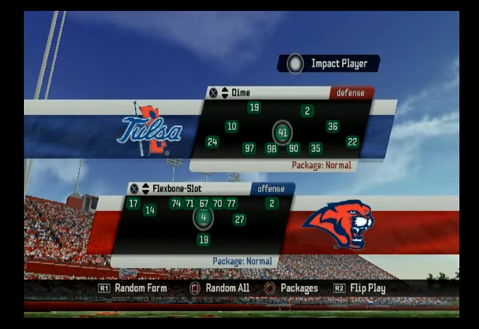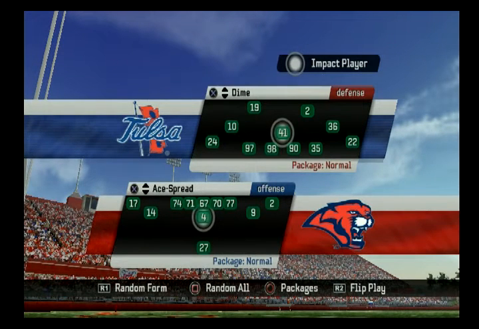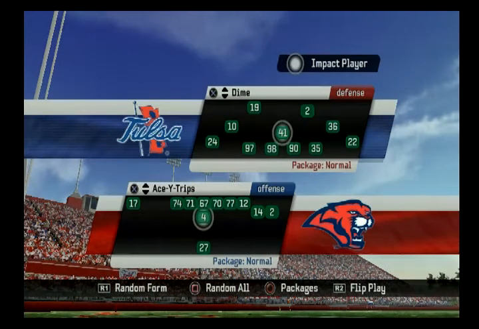Over time, it evolved to spread them out a little bit more, like with the flex bone slot. And then the run and shoot experts decided, hey, let's really spread teams out and go with a true 4-wide system, such as this, ace spread. Then you got ace wide receiver trips. And then, if you remember with the Buffalo Bills back in their heyday, they ran the run and shoot, but Jim Kelly was